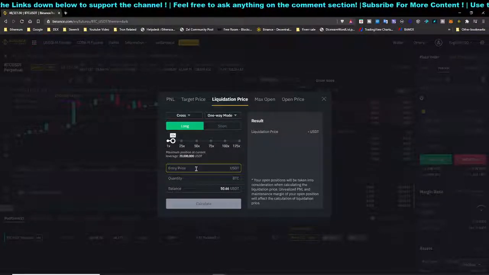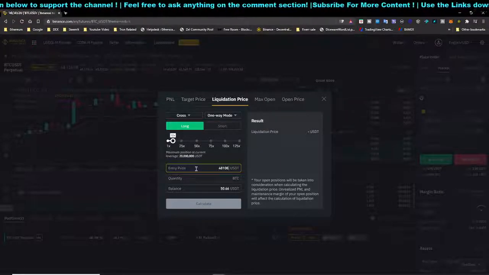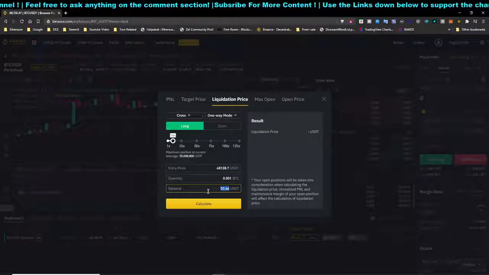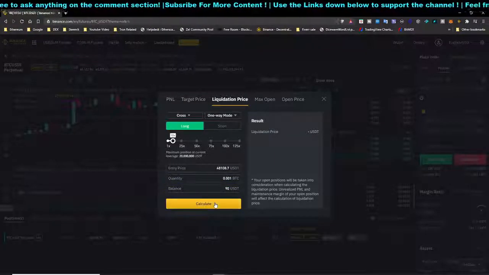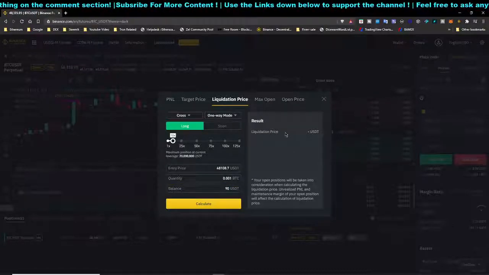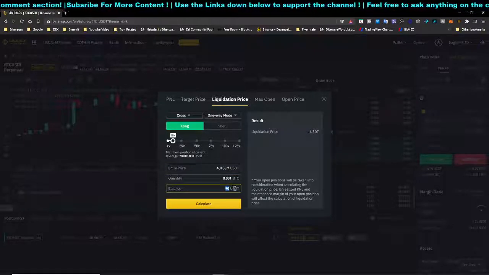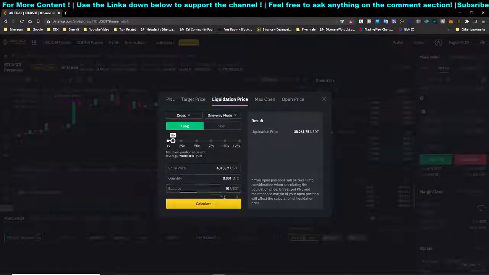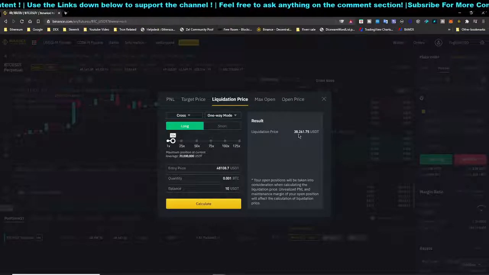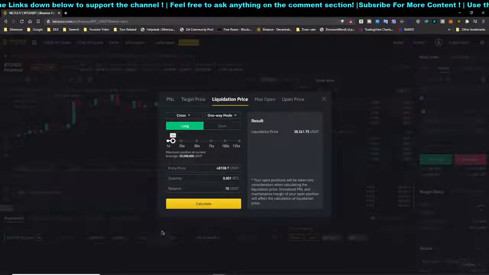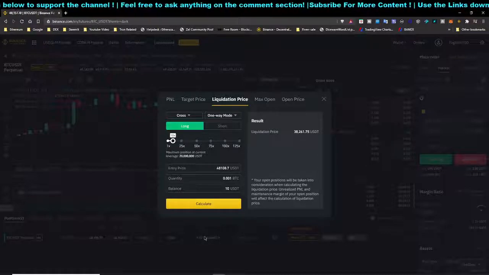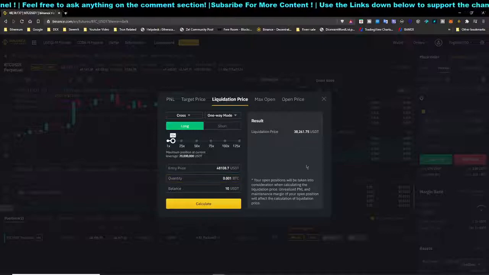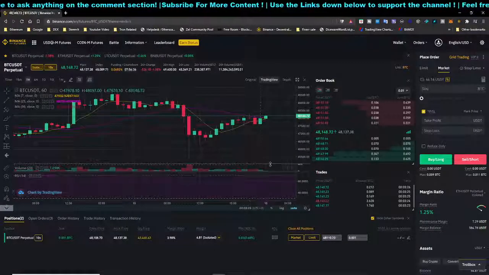Example, you have a balance of $90, just click on calculate, and after that basically there's no liquidation price because it is too far. So example, we're gonna do $10. So let's say you only have $10 left on your balance. The liquidation is going to be at 38,000, and if the price reaches that amount, you're going to lose your whole margin, which is $90, and after that, with a balance of $10, $100 is going to be wiped off your account. And I would say this is not